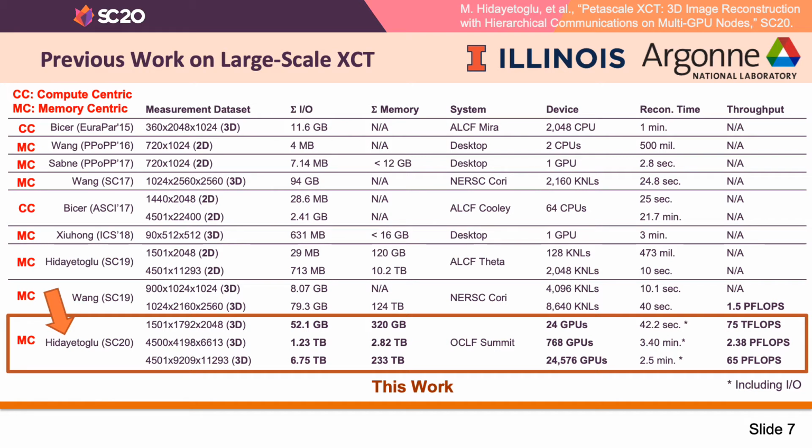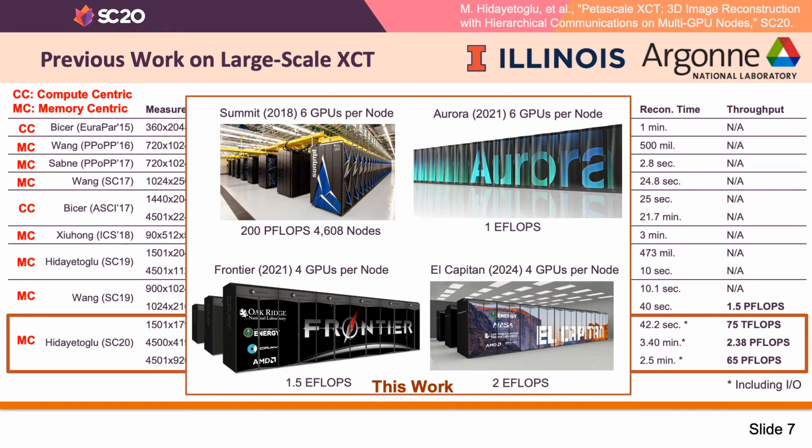As an example, our paper demonstrates image reconstruction at unprecedented scale in terms of dataset size, number of devices, and computational throughput. But most importantly, what makes our work unique is that it targets multi-GPU node architecture to tackle the communication bottleneck. This makes our work future-proof because the next wave of DOE exascale supercomputers will have multi-GPU node architecture